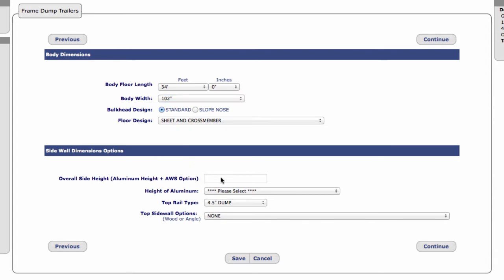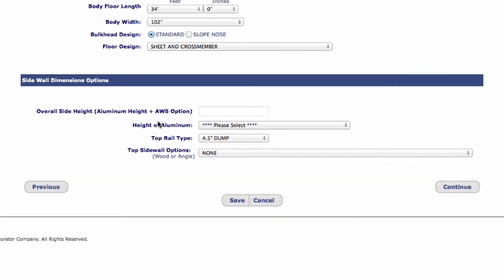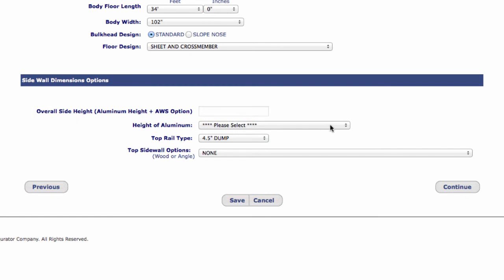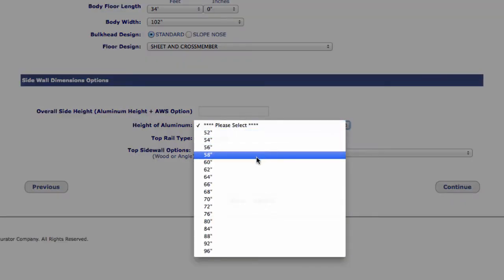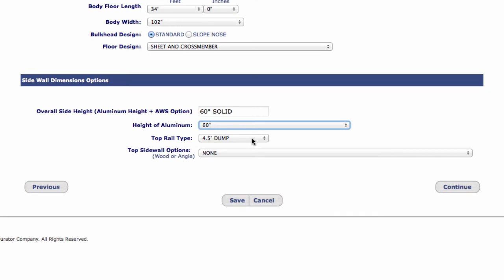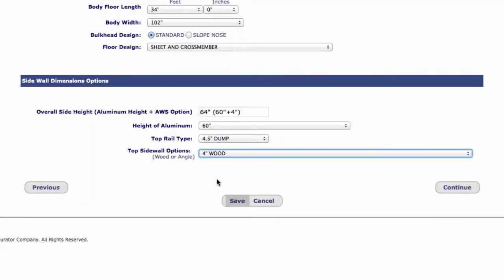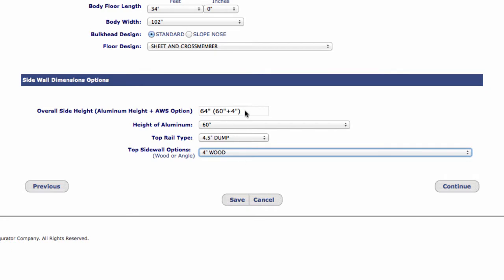Below body dimensions is sidewall dimension options. This section has some dynamic inputs that will update as you make selections. You see this box here at the very top where there's nothing selectable? You can't enter anything into it, but as you make selections, this will change. We'll select height of aluminum at 60 inches. We're going to leave the top rail field as is and select a 4-inch piece of wood for the top sidewall. You'll see that this top field is now adjusted to reflect the height of the wall based on the